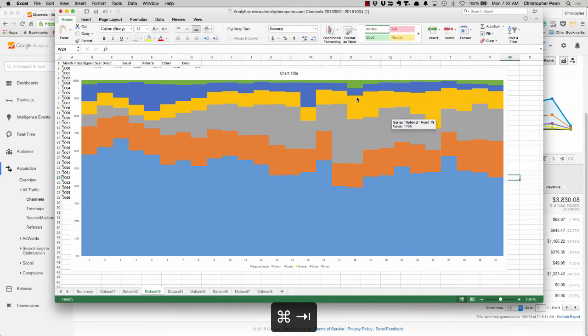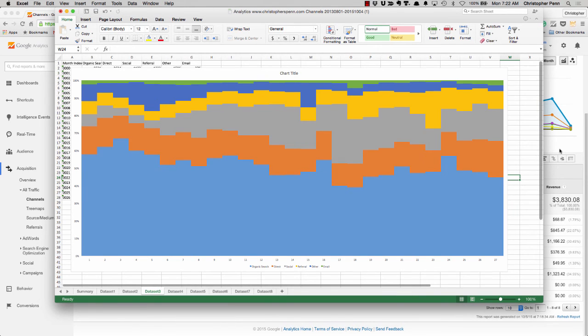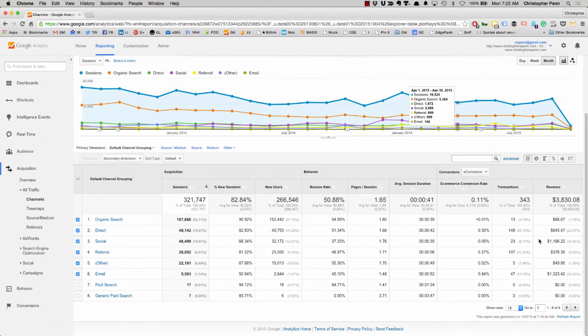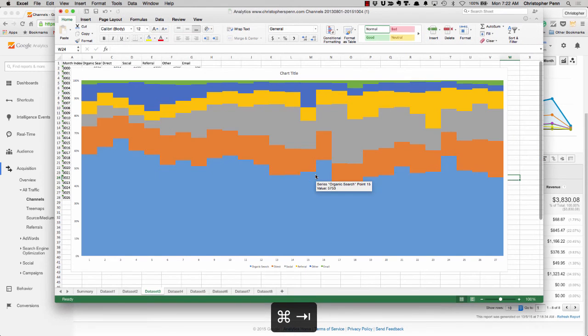So is email on the increase? Kind of is, but not really. So we could buff up email's revenue value there. Is social on the increase? Well, social's that gray area. Yes, social appears to be on the increase. We would want to dig into that particular channel then and see, okay, what specific parts of social media are driving that revenue. So this is a very quick tutorial on doing this 100% stack ranking with Google Analytics data